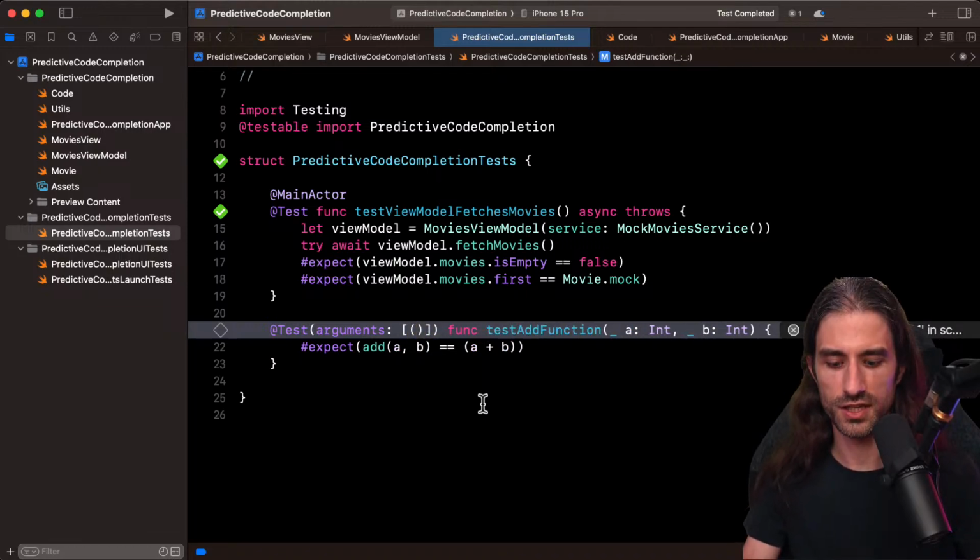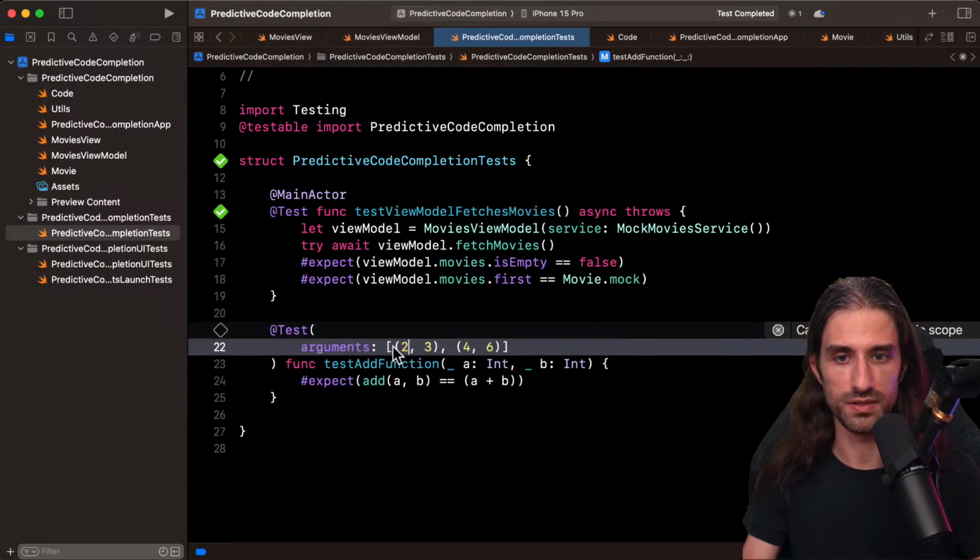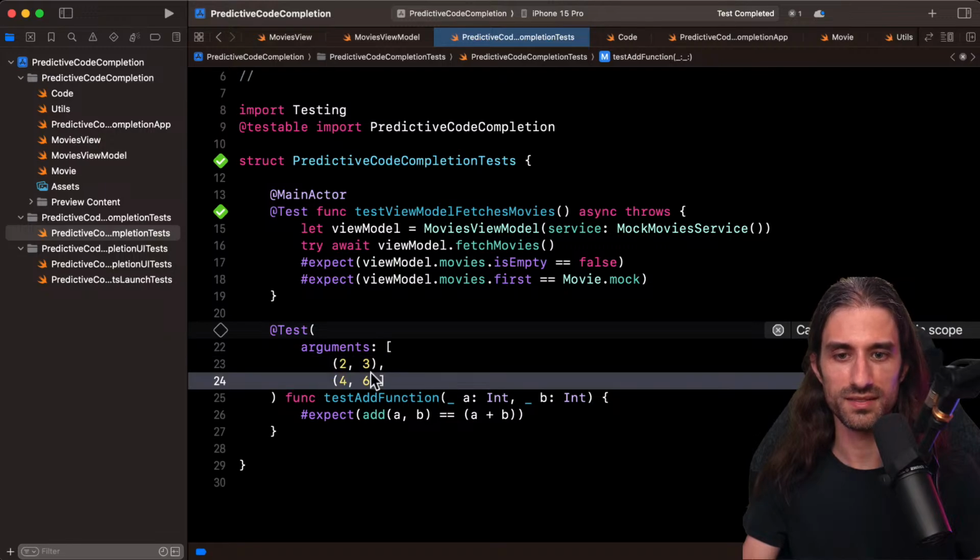Okay. So here I can do, for instance, 2 and 3, and then 4 and 6, I guess. Let me split this across several lines each time. No, this is not nice. I wanted to do that. Okay.